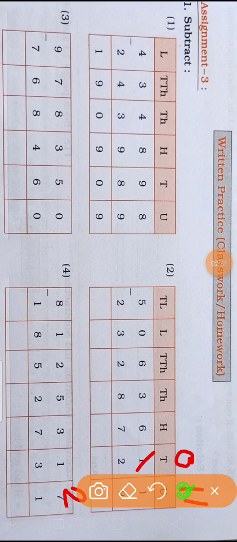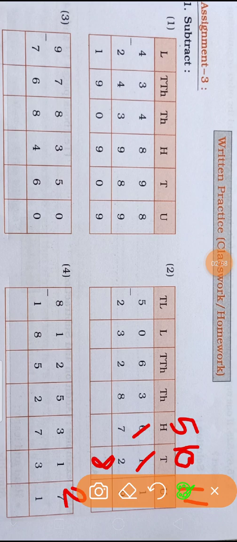Next is the 10 place number 0: 0 minus 2. 0 is also less than 2. Then what will we do? We will take 1 borrow from the next place, the 100 place. In the 100 place 6 is here. Suppose we take borrow here, then which number will remain? 5. Here 10 will form. Now 10 minus 2, here is 8.